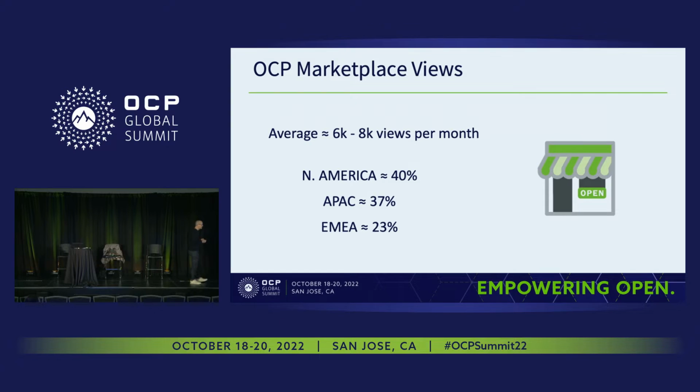The marketplace views, on average, around 6,000 to 8,000. It bumps up considerably during this time of year around Summit. So that number almost will close to double here in the next month because we get a lot of views for people coming in and taking a look during Summit. It's a nice mix between North America, Europe, and Asia. I don't put LATAM on here because there's just not enough traffic in there for it to register. North America is up year over year. Europe tends to be a bit flat, and APAC is up. APAC is primarily North Asia. Everything from Korea,